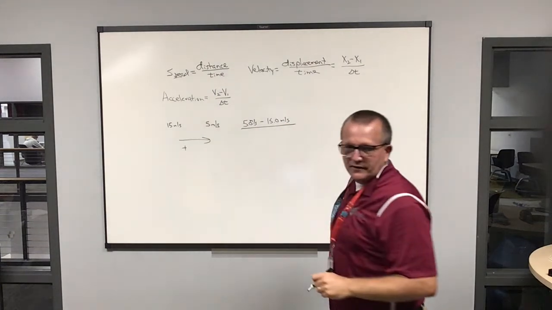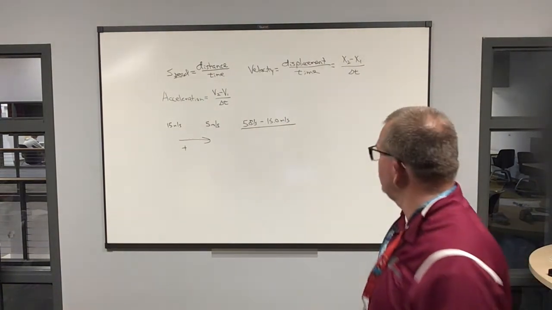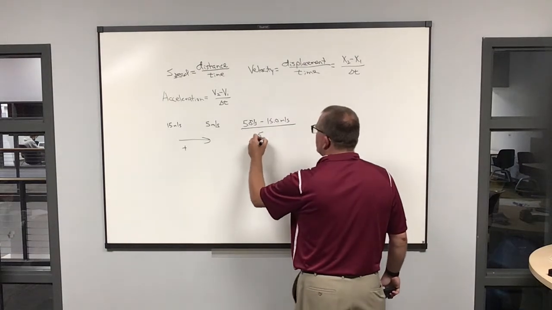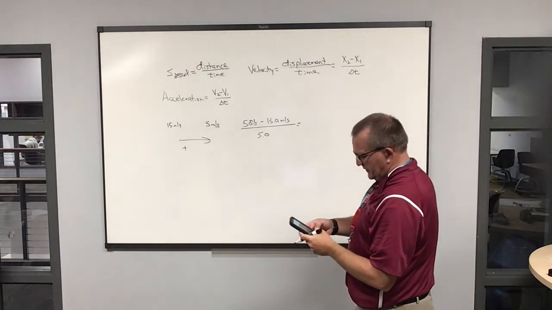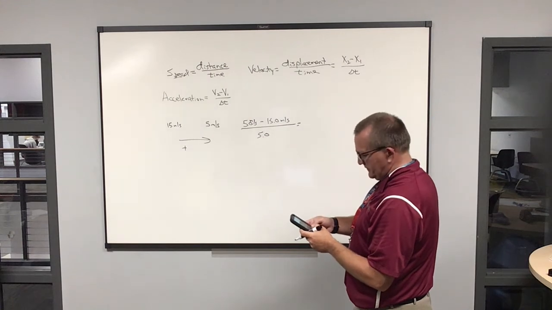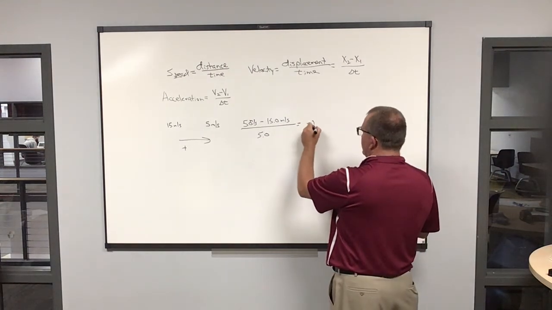And we divide that by our change in time, which is 5 seconds. We can solve. So we take 5 minus 15, we get negative 10 divided by 5, and it's negative 2. So with 2 sig figs, minus 2.0